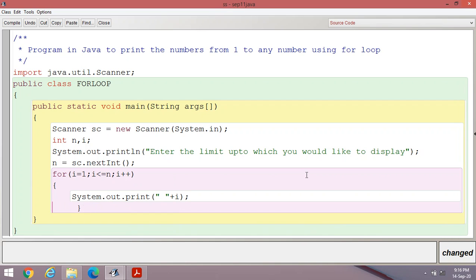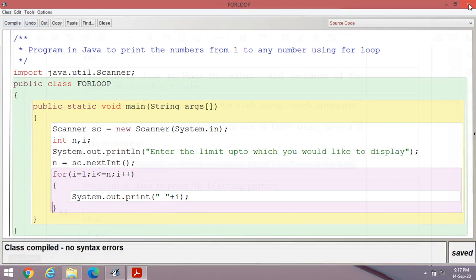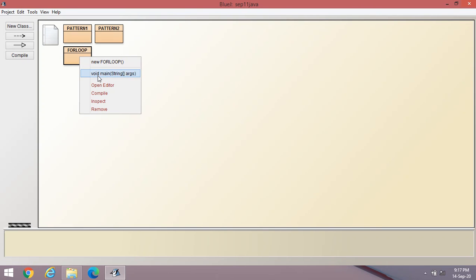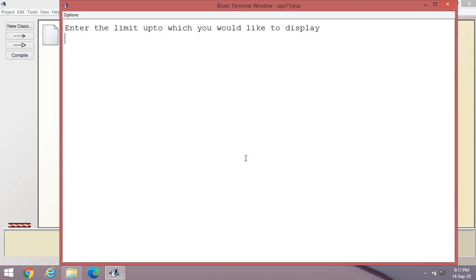For printing purposes, suppose I place some space in between the two numbers. Now compile and execute the program. Enter the limit up to which you would like to display the numbers. Suppose 5 is there, then you can display the numbers from 1 to 5.